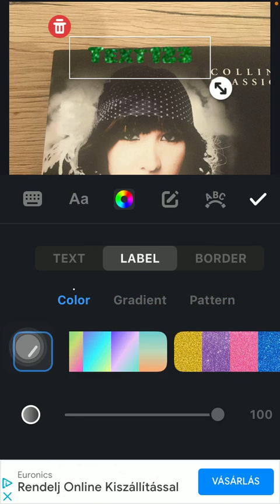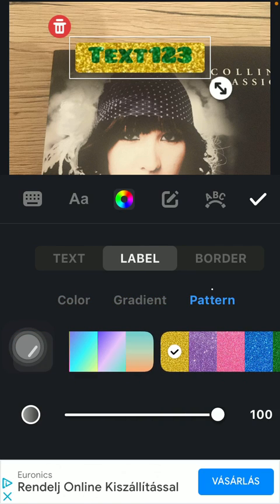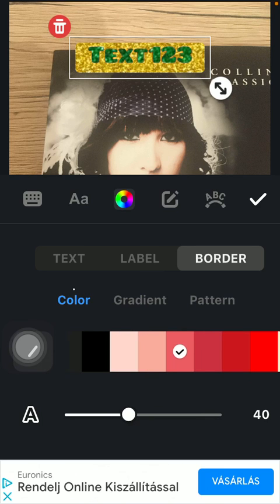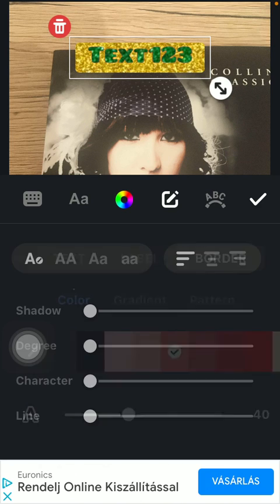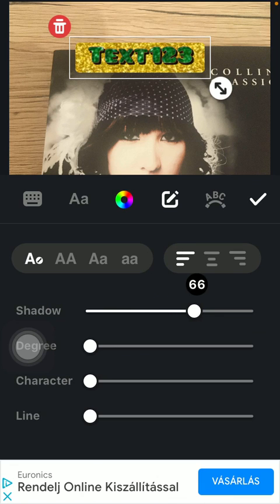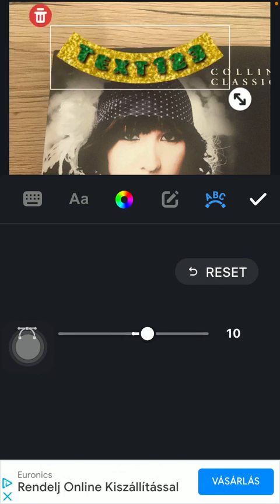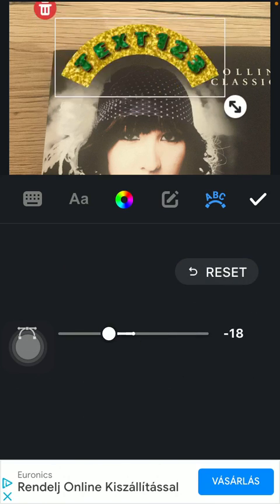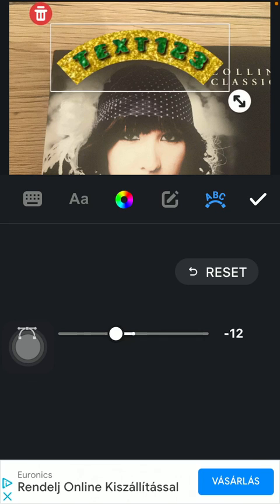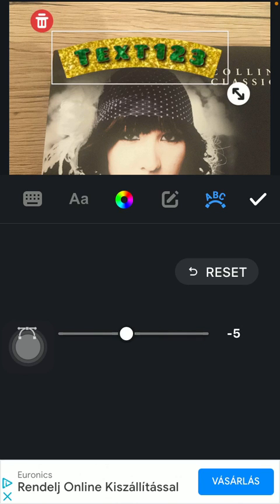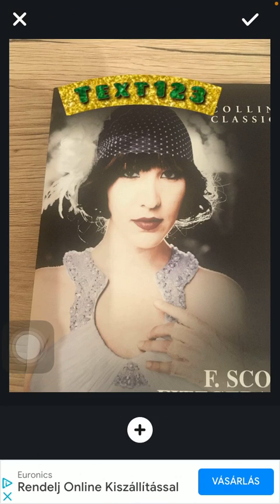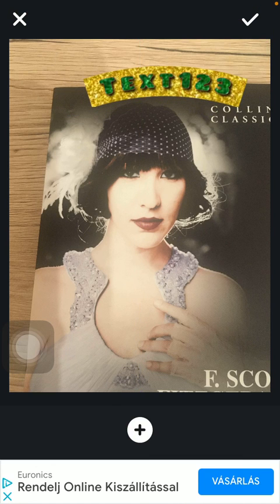These patterns, labels can be added as well as the borders. Then you can also add shadows. Select degree of the shadow, then the character and line too. By tapping on the ABC button you can do these shapes. If you are done with it, tap on the check mark icon, and basically that's it for this video